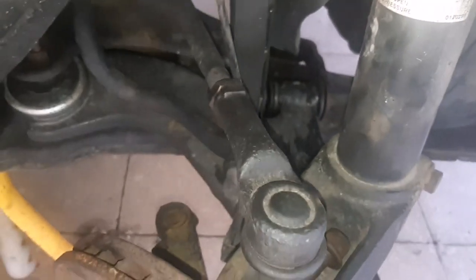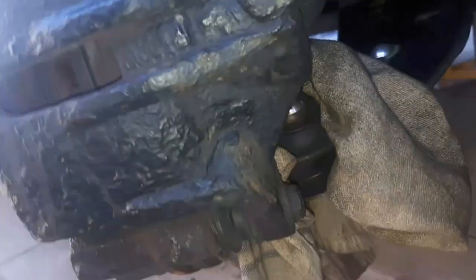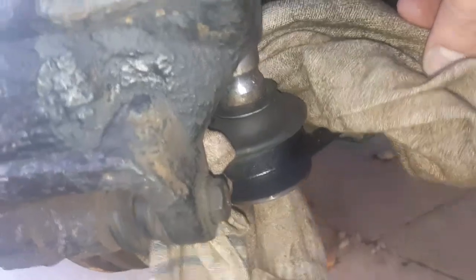So relatively simple to do. And then I've also removed the bottom ball joint. I've got a cloth around it at the minute, but you have to move the bottom ball joint out the bottom of the hub so that you can pull the drive shaft out on an angle. And then if we go under the car,